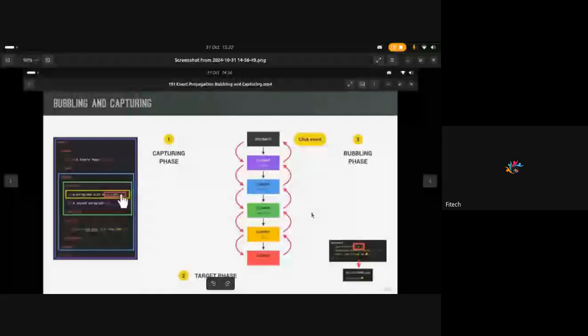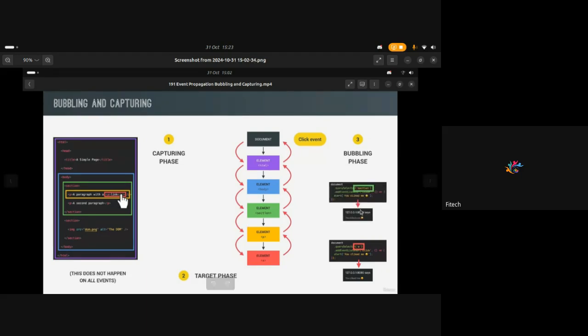This phase is called the bubbling phase. The first phase, where it goes down to the target, is called the capturing phase. And then when it gets to the anchor tag where you place the event listener, that phase is called the target phase, because that's the target element. Now, like I said, I'm going to show you a practical example. Before then,